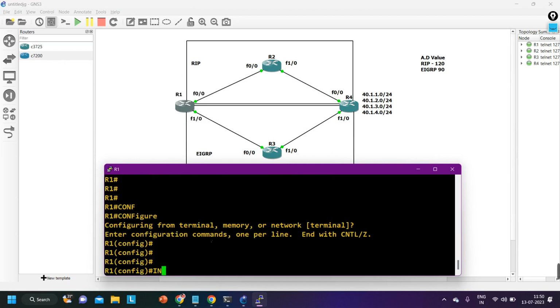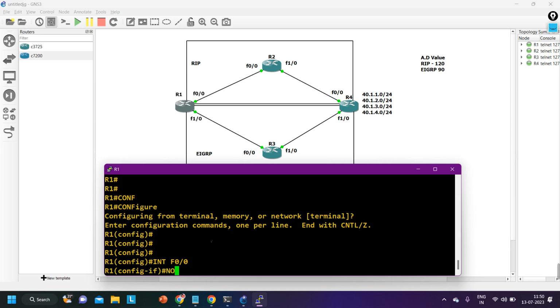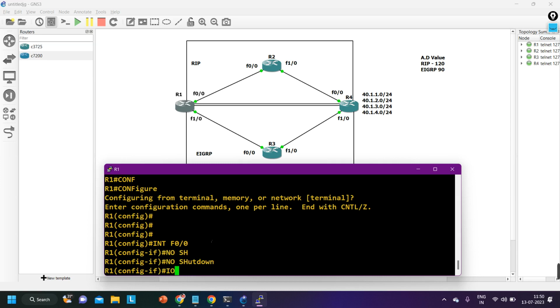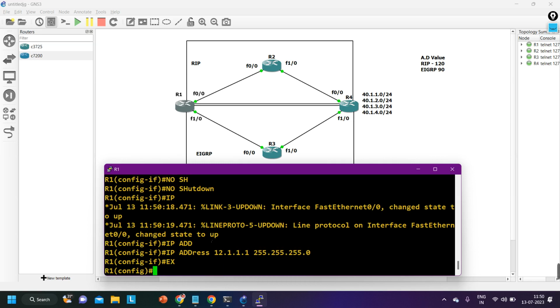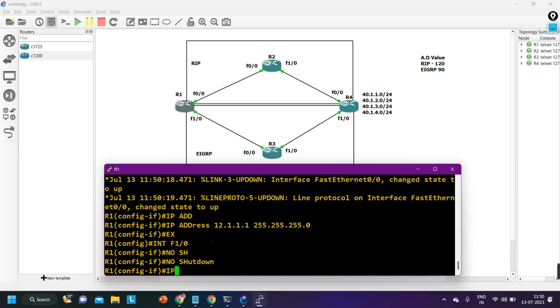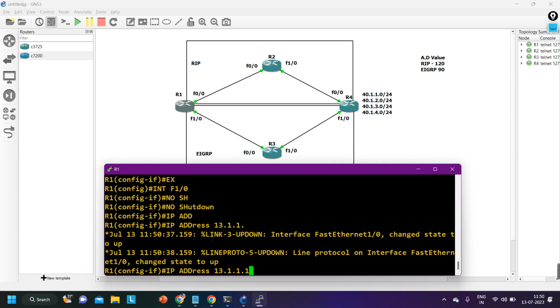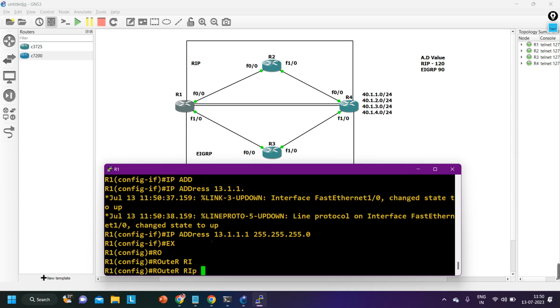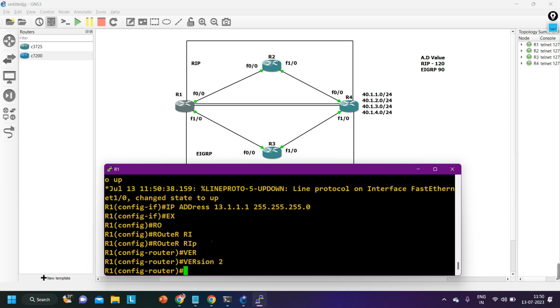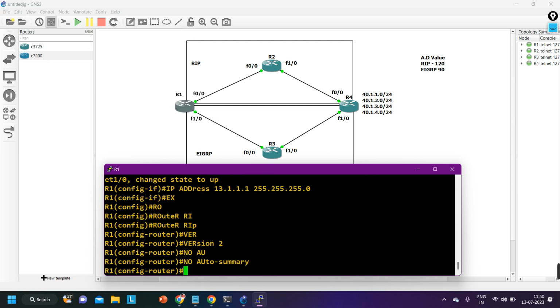First of all, I need to configure the IP. Interface F0/0, no shut, and the IP address over here will be 12.1.1.1 255.255.255.0. Exit, and interface F1/0, no shut, and the IP address is 13.1.1.1 255.255.255.0. Exit. Router RIP, version 2, no auto-summary, and network